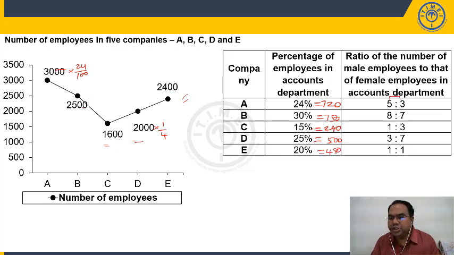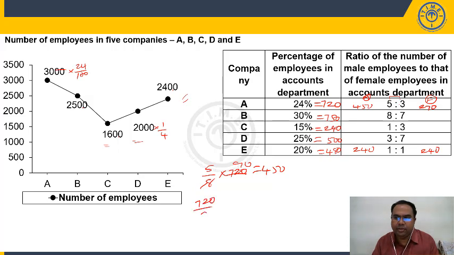Now see here, this is 1:1 equal, right? So males 240, females 240. I'll put males here and females here. 5:3, 8 parts, 90. This is 450, this is 270. You can do it like this: 5 by 8 into 720. 8 goes 90 times, so 450. 720 minus 450 is 270. Or we can say 8 parts, 720. Each part is 720 by 8, each part is 90. So 5 parts means 5 into 90, 450.